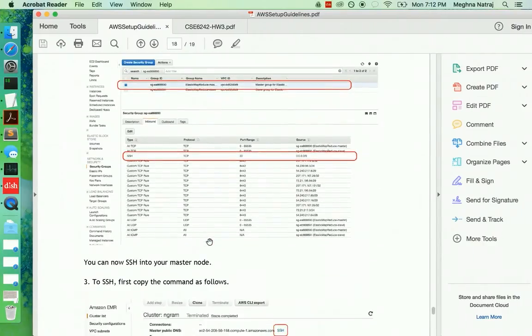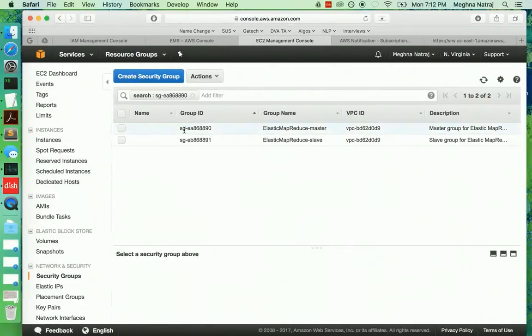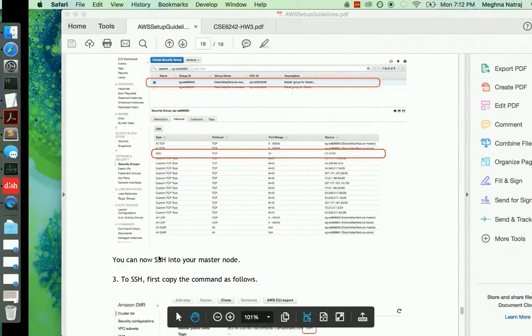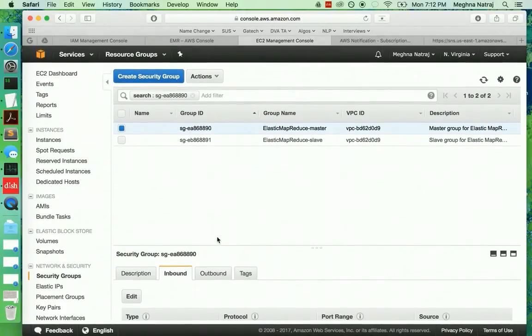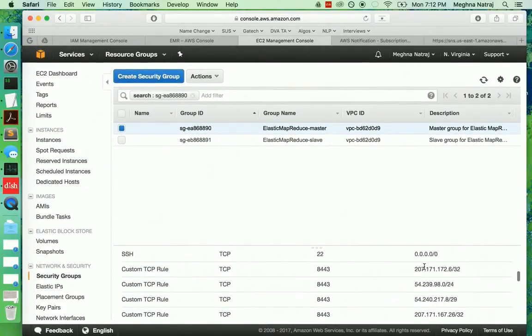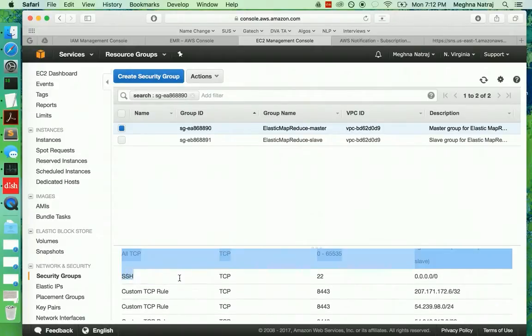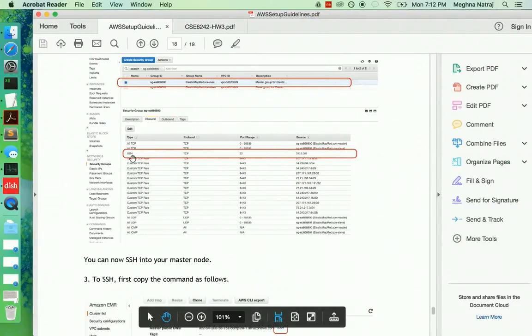Once you select that, select your master node configuration, scroll down the page and select inbound. So you're looking at all the inbound connections to your node. You need to have this entry here, as you can see, an SSH